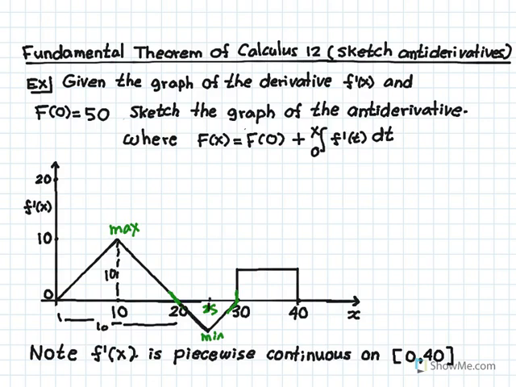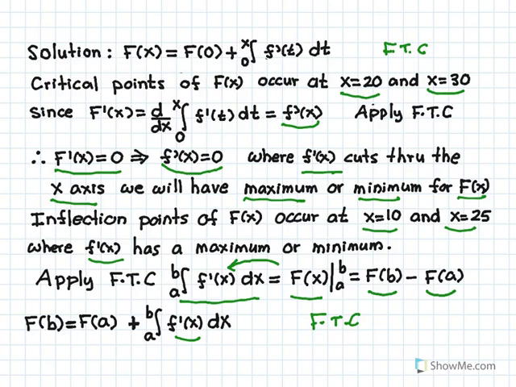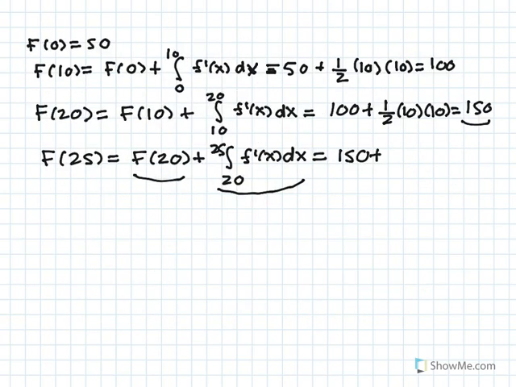That means we have to subtract off the area. So half the base, 1/2 of 5, times the height of 5, that's 1/2 of 5 times 5, that's 1/2 of 25. I guess that's 12.5. We're going to subtract that. All right, so what we have is F of 25 is F of 20 plus the integral from 20 to 25 of f prime of x dx. And we're going to subtract off, so let's subtract that. That's minus 1/2 times 5 times 5. And that gives us